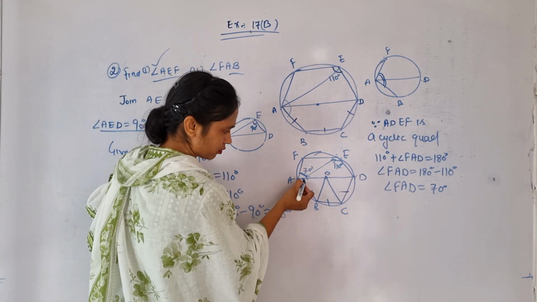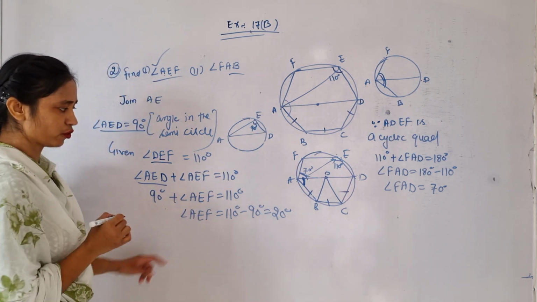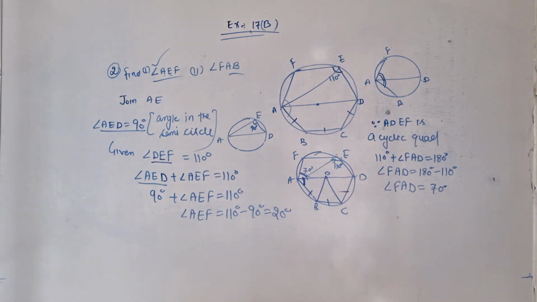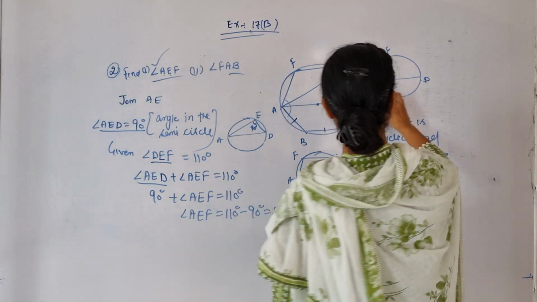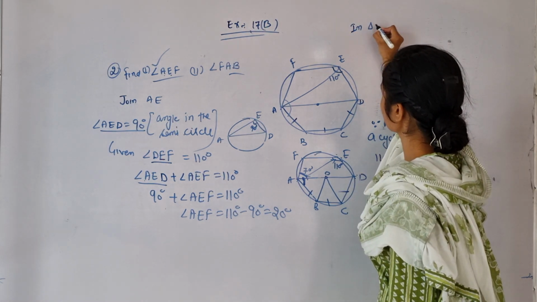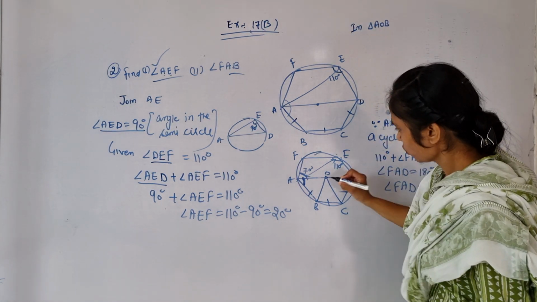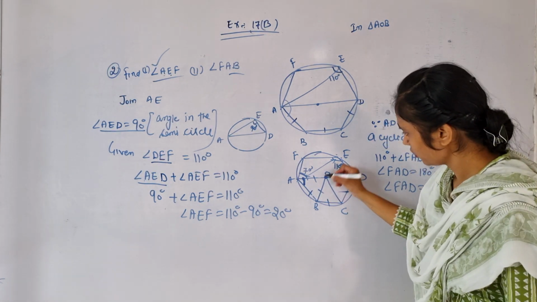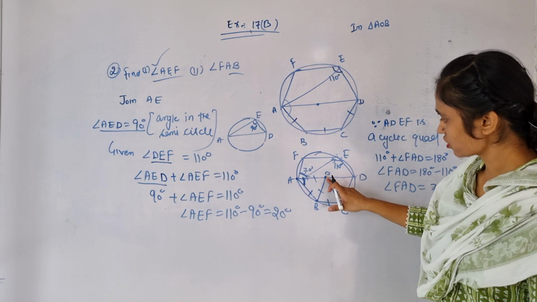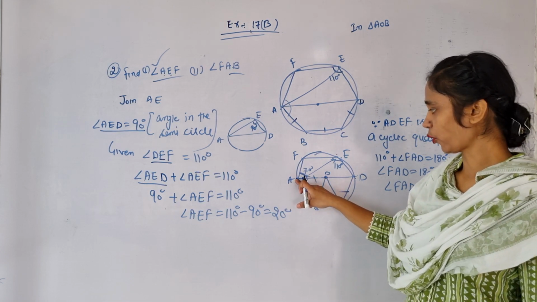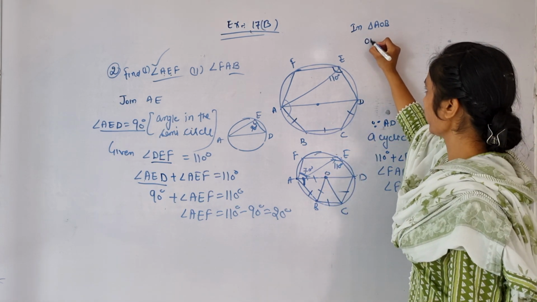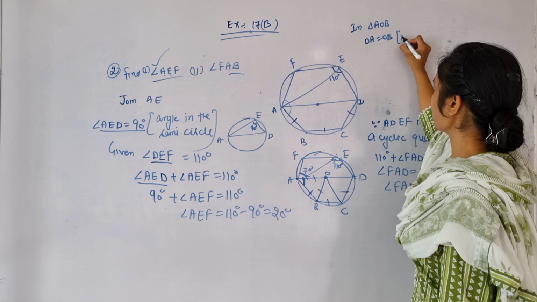Which means angle AOB is equal to angle BOC is equal to angle COD. But I need this one only. So focus over triangle AOB. What would be these two? Center. So these are points on the circumference of the circle. The distance between the center and any point on the circumference is called the radius. We can say that OA is equal to OB, radii of the same circle.